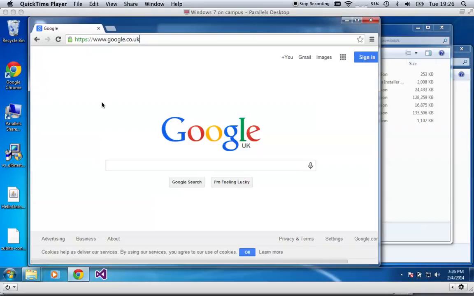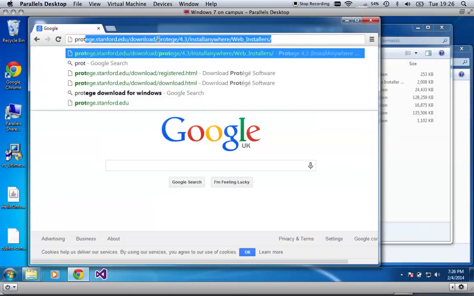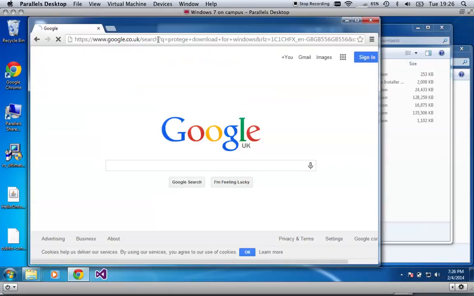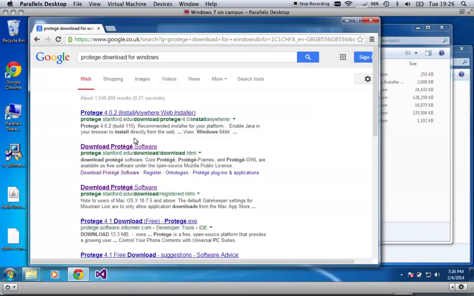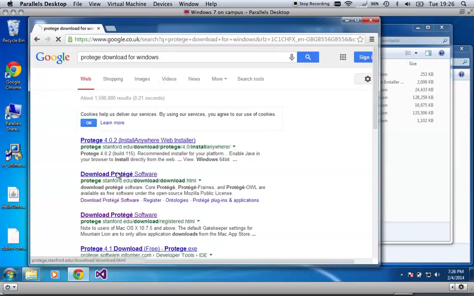Here is how to install the Protege 4 ontology editor on a Windows environment. I start by opening up a browser window. If you don't have the exact link, then Protege is easy to find. Just go to the downloads page